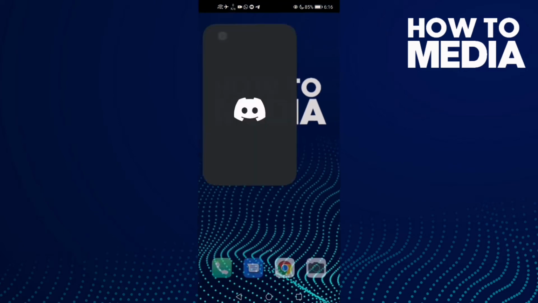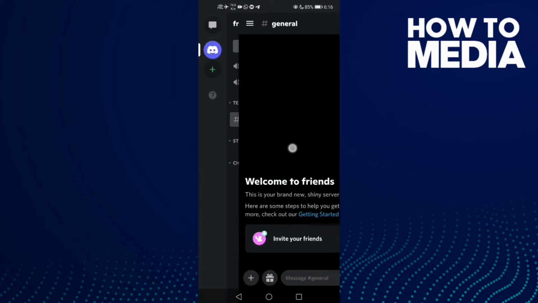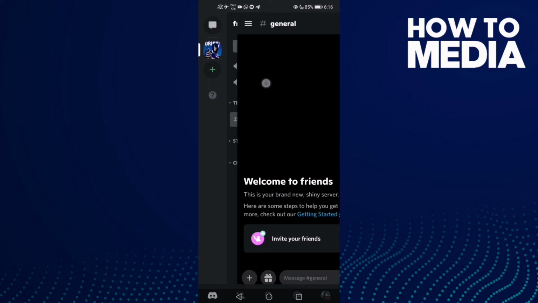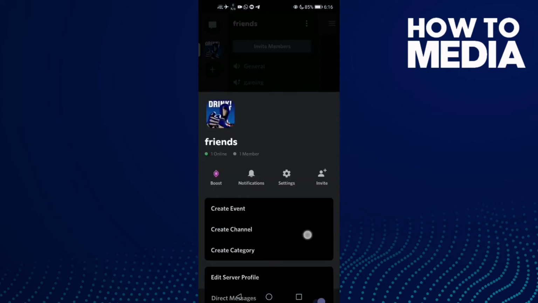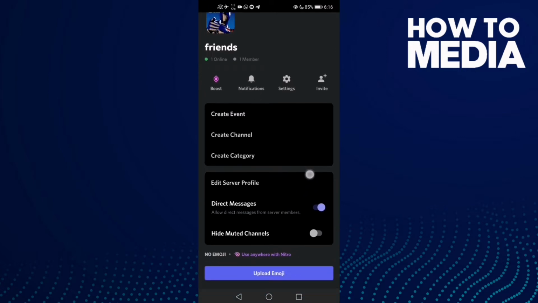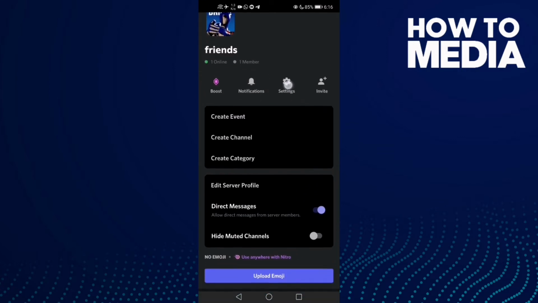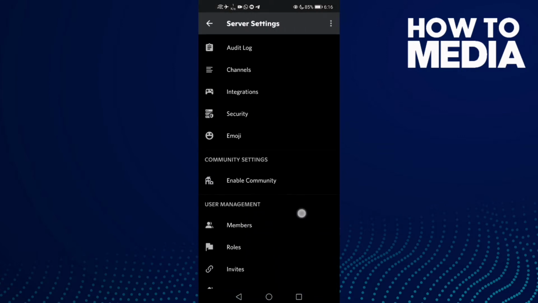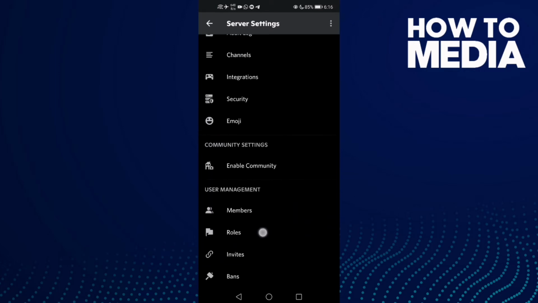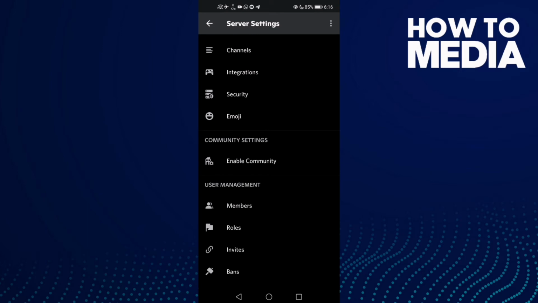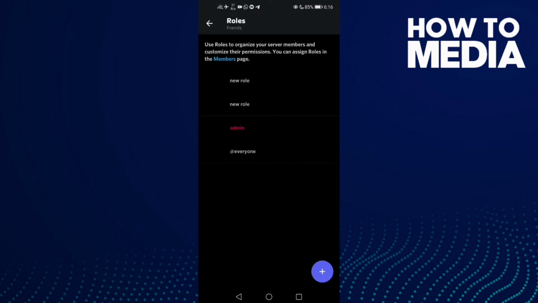First go to Discord and then select your server and now click this icon and then click settings, and now all you need to do is find this one, roles, and then click